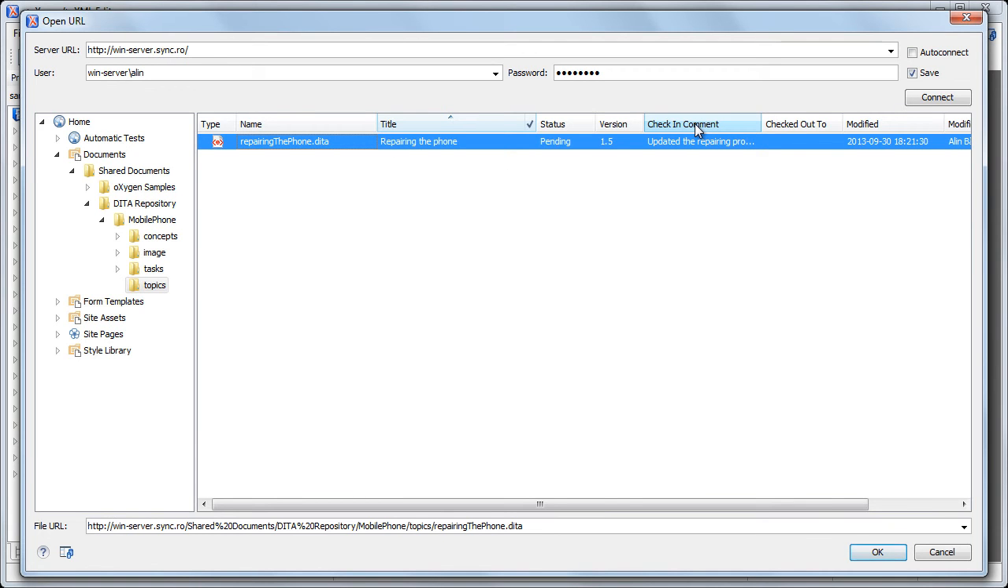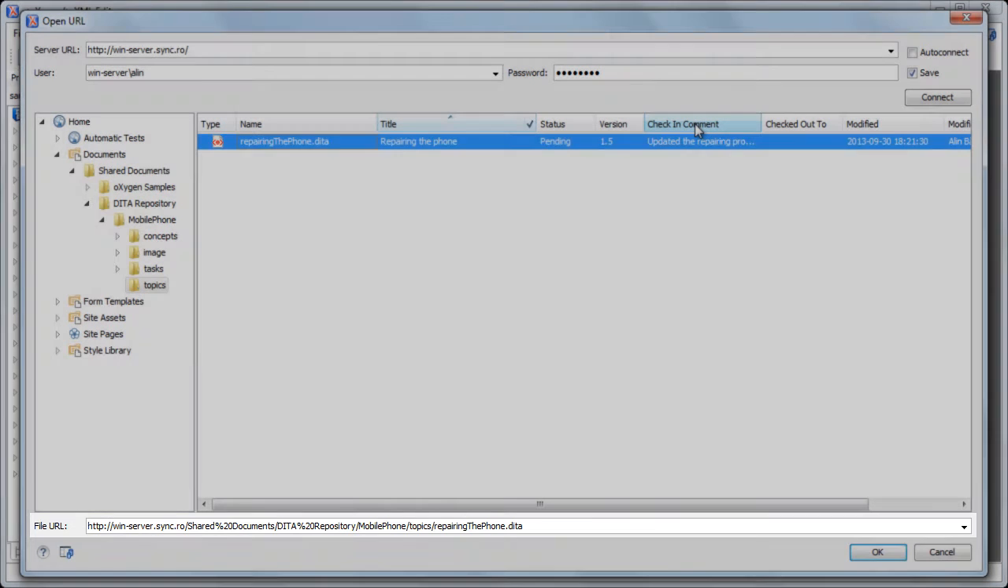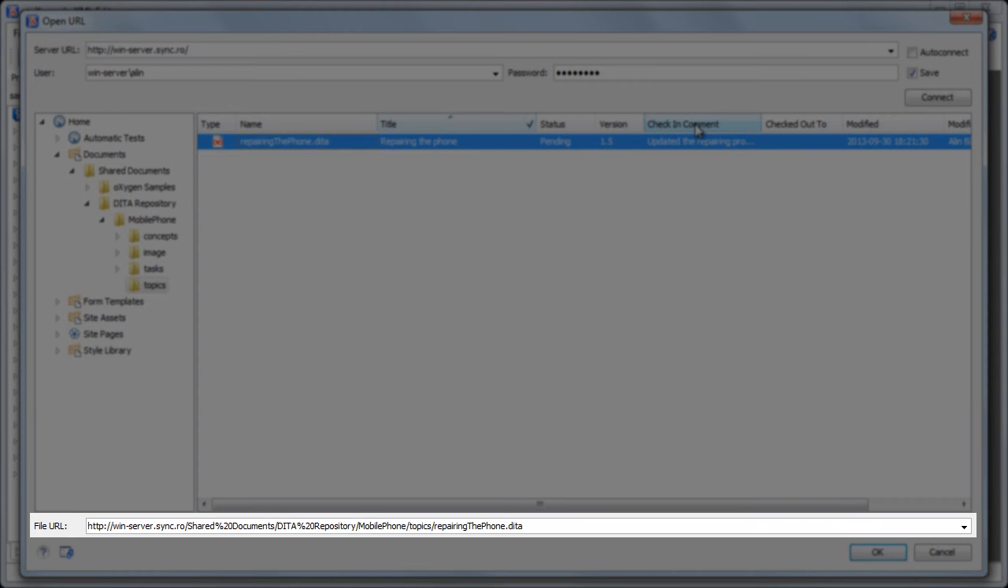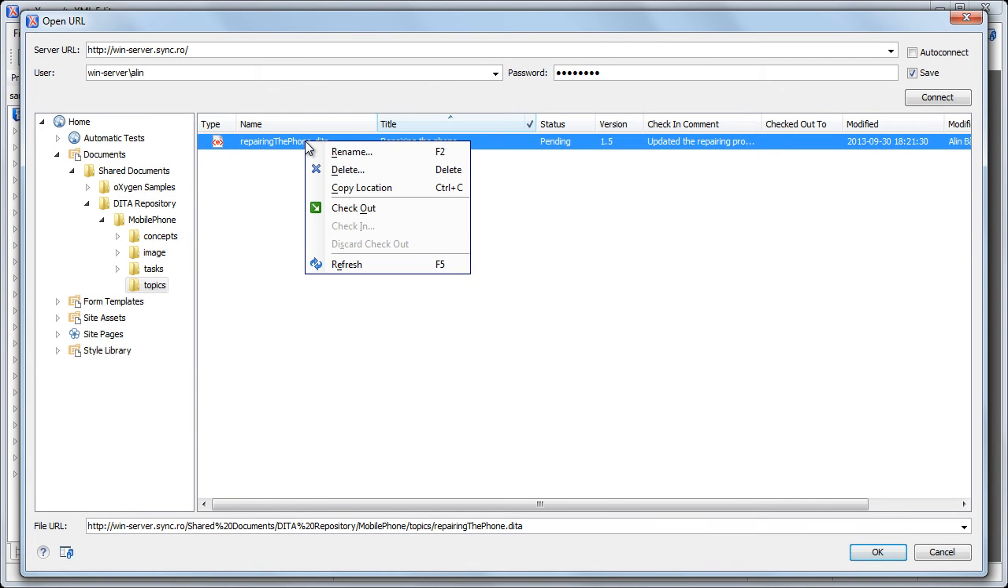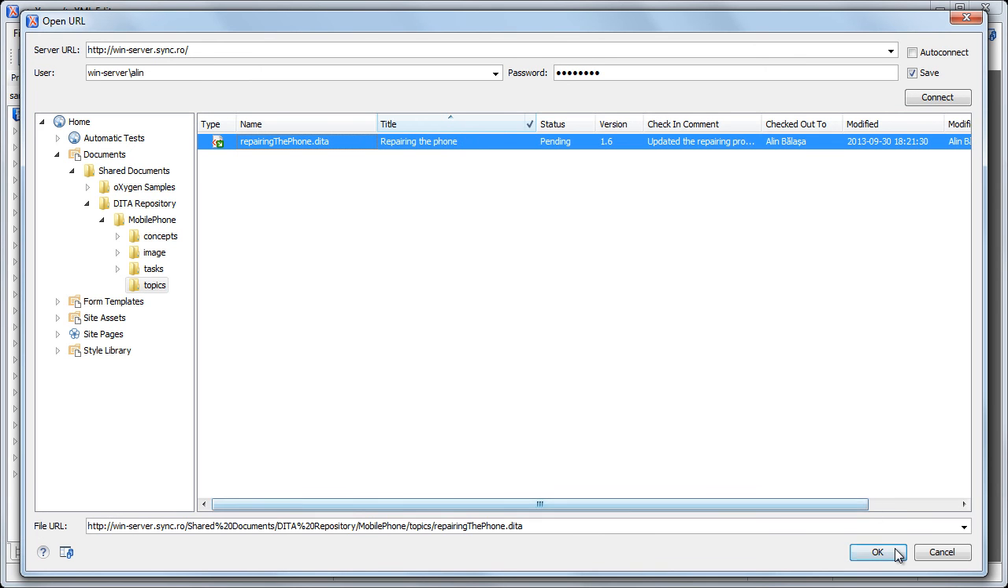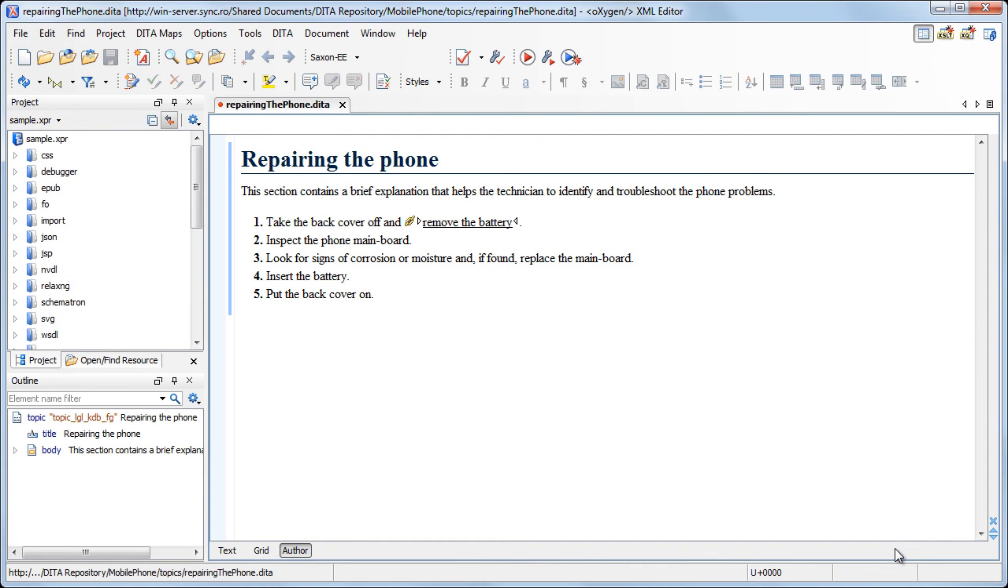Note that when you select an item in the right side table or in the left side tree, the file URL field is updated with a corresponding URL. Since we want to edit the document, we'll perform a checkout action. The document is now open in the editor